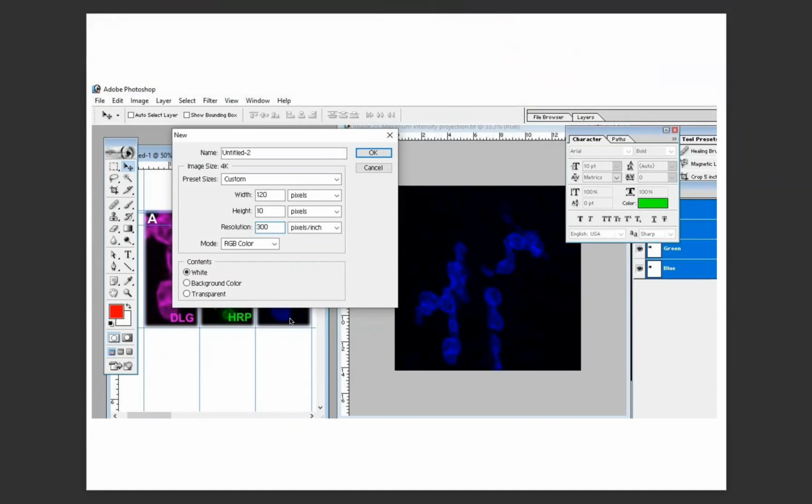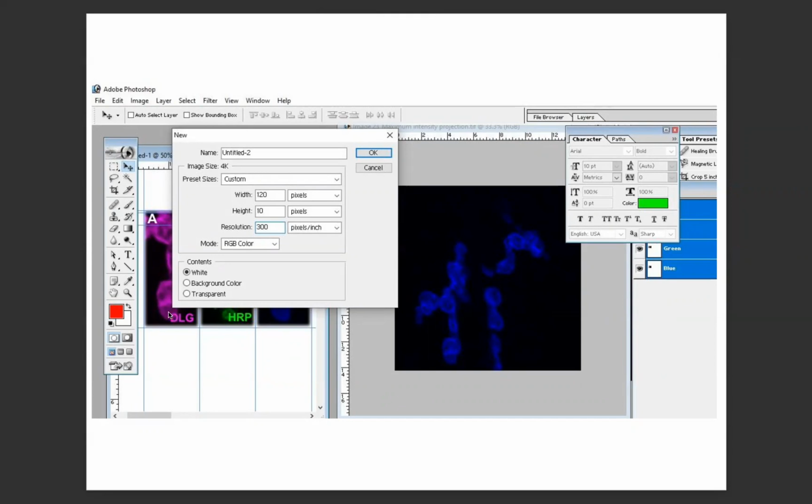Now you want to put a scale bar because you want to show the size of this structure. So how to do that? When we are capturing an image in the confocal microscope, if it is a Zeiss microscope, you will have an LSM file. In the LSM file, in the properties, it is mentioned how many pixels are equal to 1 micrometer.